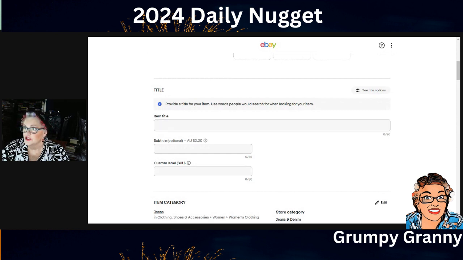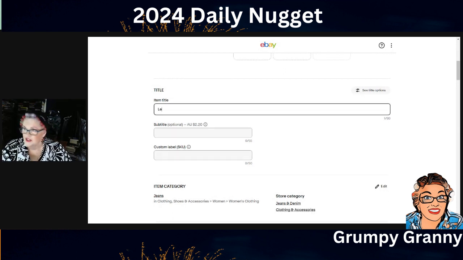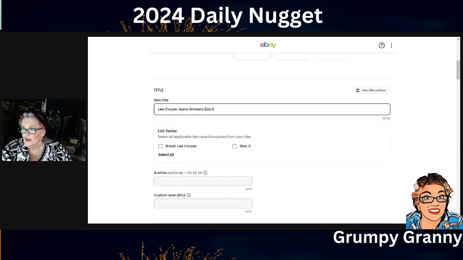Now I just need to get my listings up so I know exactly. I can see the photos over there. So we're going to start off with the brand, which these are Lee Cooper jeans, women's size 8, and they are blue. They are stretch denim,